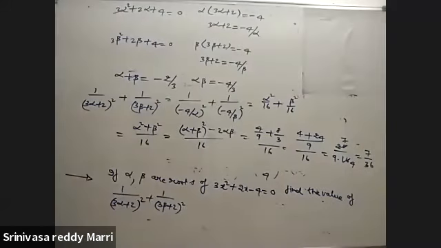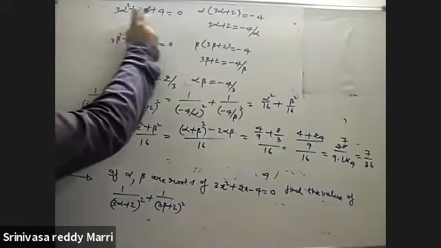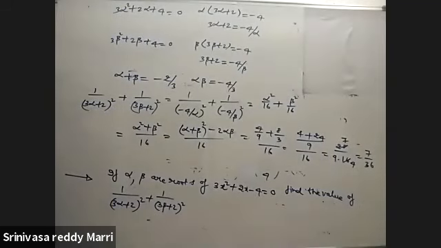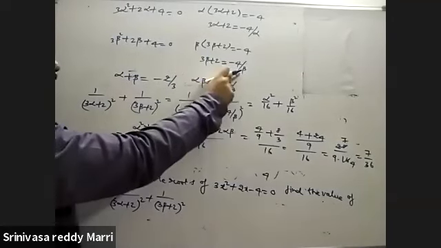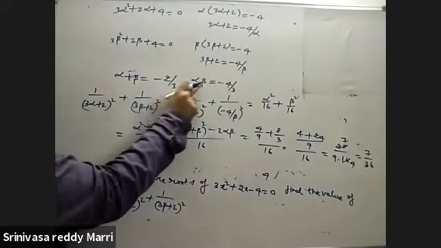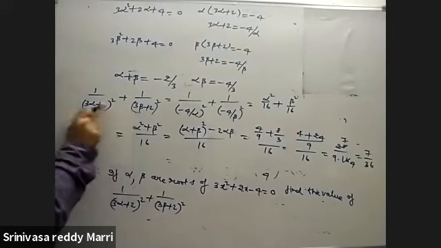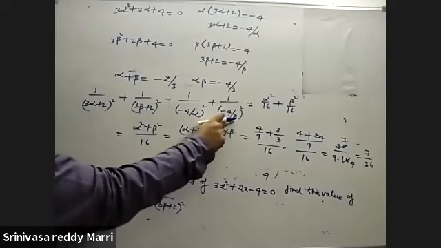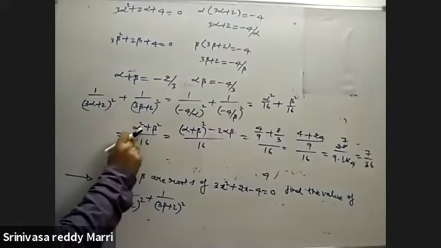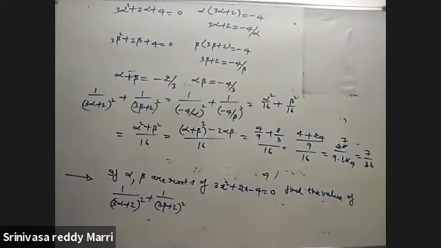7 divided by 36. Like that, by using this relation you have calculated 3 alpha plus 2. By using this relation, you have calculated 3 beta plus 2. And these are the relations. The given expression is this one. This is minus 4 by alpha, this is minus 4 by beta. After that, you got this one. So you can easily calculate this. Okay, that is the relation between the roots concept.